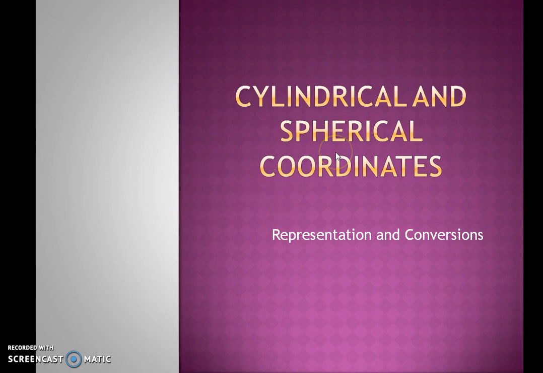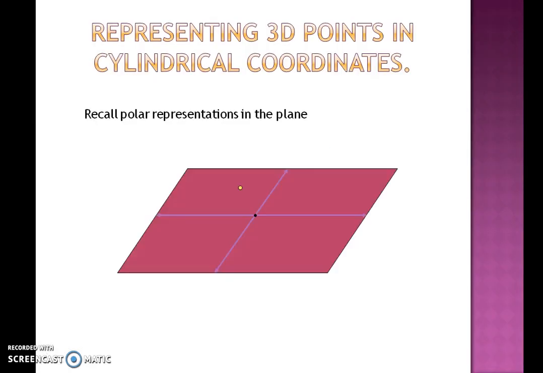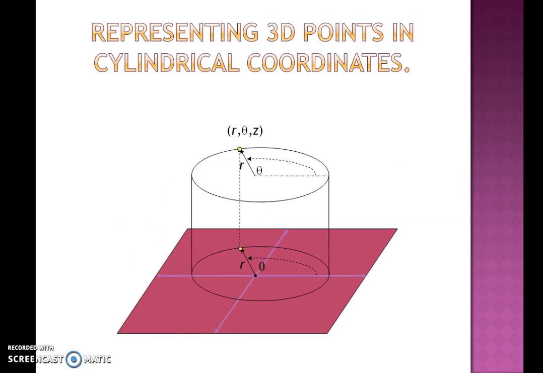Now, we will move towards the cylindrical and spherical coordinate systems. Recall the polar representation in the plane: if you draw the polar coordinate system, the radius is R and the axis makes the angle theta to this point. So R is the radius and theta is the angle. Then cylindrical coordinates give you the coordinates R, theta and Z, where R is the radius, theta is the phase angle, while the Z coordinate is denoted by Z.